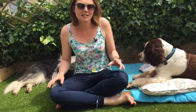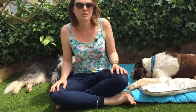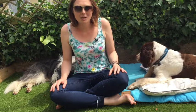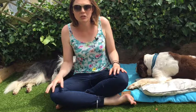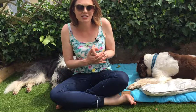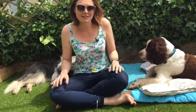Third tip is diet. So often older dogs have digestive problems, and there are a lot of senior diets out there, but we choose to keep feeding him on the same diet as Tiffin, just an average adult diet. So he's fed dry food in the morning, and he's fed supplements, and he's fed raw food in the evening, and he's fed healthy fresh foods during the day and on top of his dry food. But this is exactly the same as Tiffin. So he gets a lot of variation. He gets lots of fresh food, so he's getting lots of natural nutrients, and he's getting supplements as well to top those